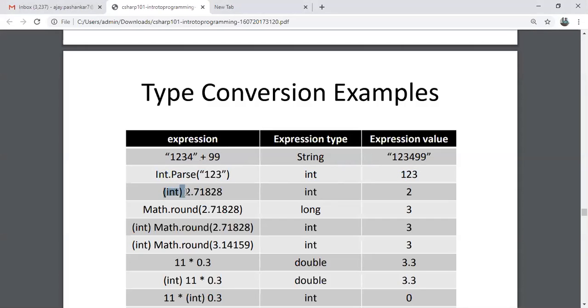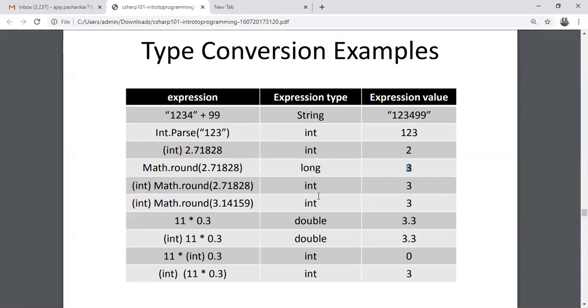If I take int of 2.71828, what is the integer? Then this precision will be dropped. Remember, whatever you take while applying int, that floating precision will be dropped. So it will take the complete integer value of this. Math.round: rounding is simple. If the value is greater than 5, it will be rounded to the right side. So here it is rounded to 3. Is it okay? The basic concept we have already applied in Python itself. So you can take int. So double is simple.